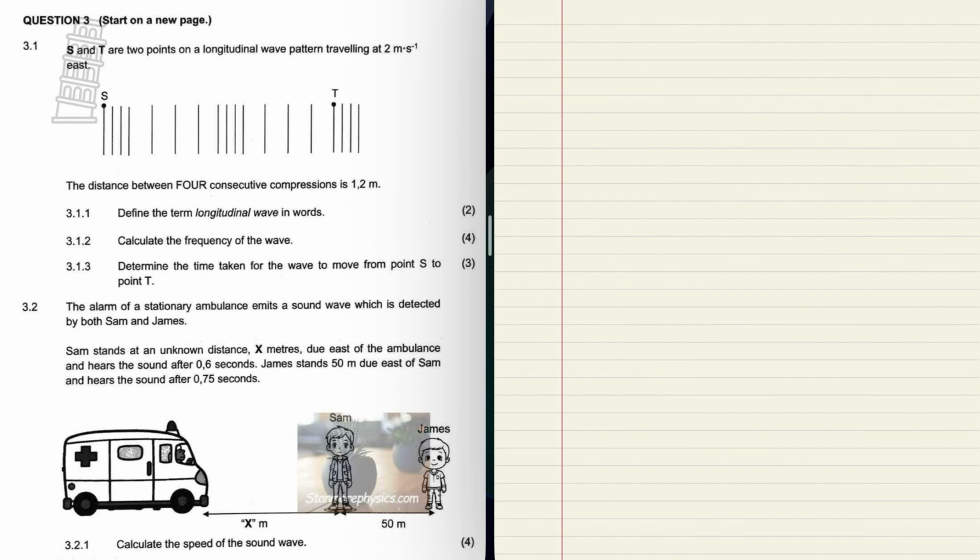S and T are 2 points on a longitudinal wave pattern traveling at 2 meters per second east. The distance between 4 consecutive compressions is 1.2 meters. Question 3.1.2 reads, calculate the frequency of the wave. So to calculate the frequency, they tell us 4 consecutive waves. So 4 waves is equal to 1.2 meters. That means one wave is going to equal 1.2 divided by,